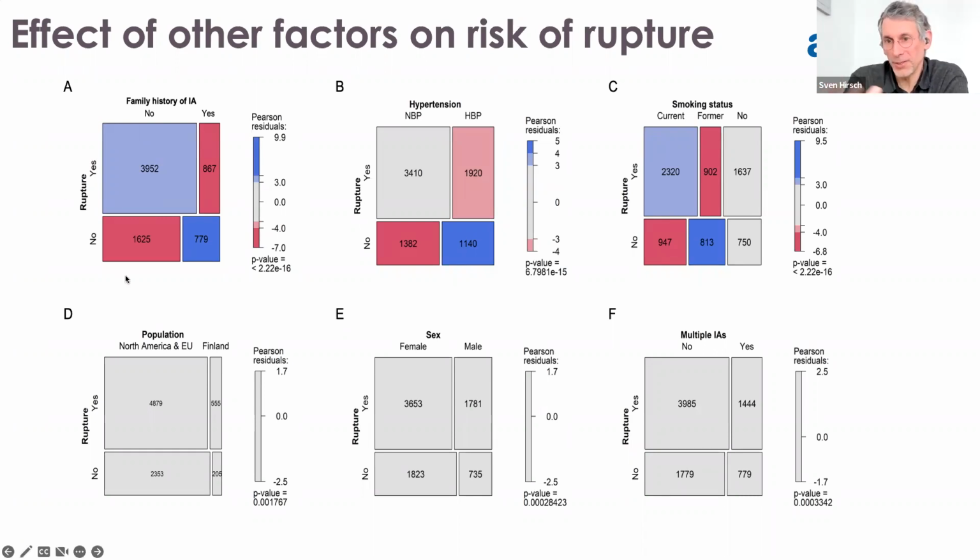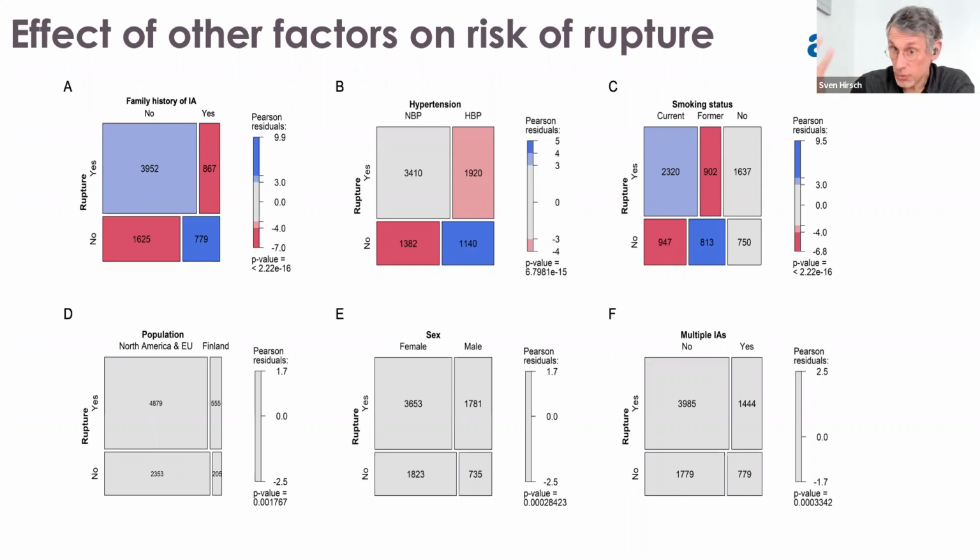And what you can always see with these mosaic plots is that you can do correlation between two factors. So you look at rupture and see, do you have more family history on the ruptured cases, or on the other ones? And it might be surprising at first that if you have a family history, you have fewer ruptures. But that means, because if you have a family history, then you would be screened. That means you're better protected, because somebody will find an aneurysm and it's unruptured. That's why having a family history, in this representation, is a protective factor.